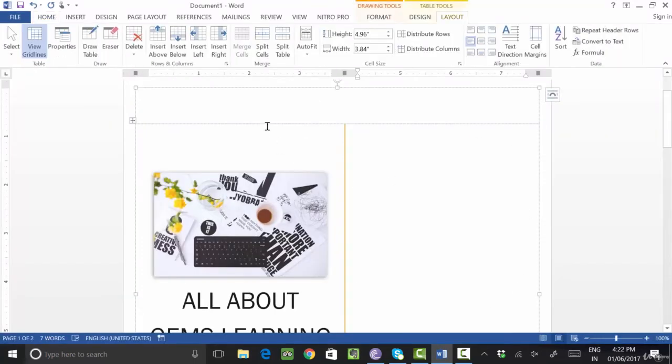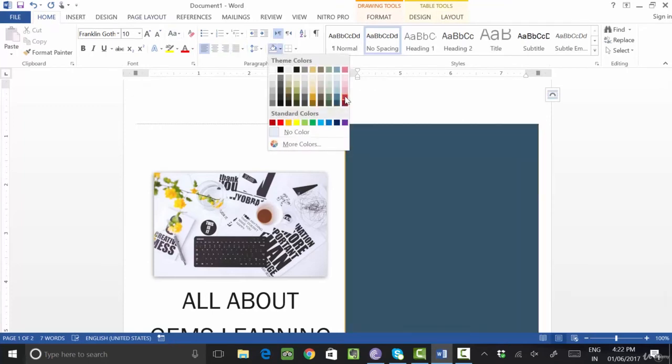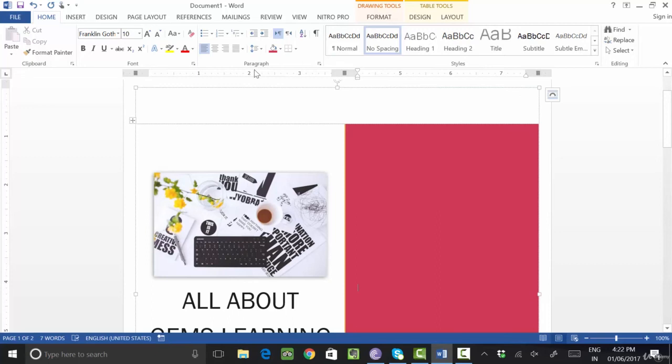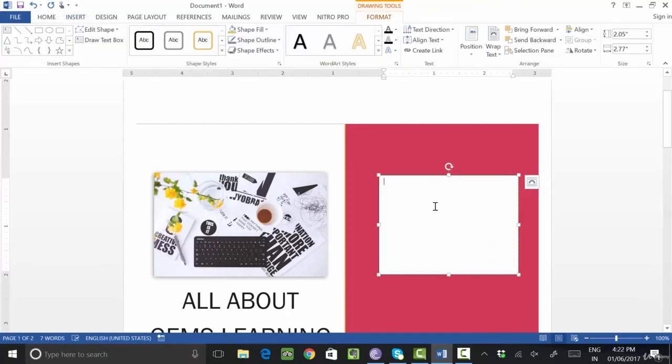In this way we can change the color also. If you want to insert any kind of background color in this area, you can. If you want to add any kind of text, simply select the text. You can write the text also. Like if I want to use a text box, I draw a text box and write, this is the cover page of GEMS Learning Hub.